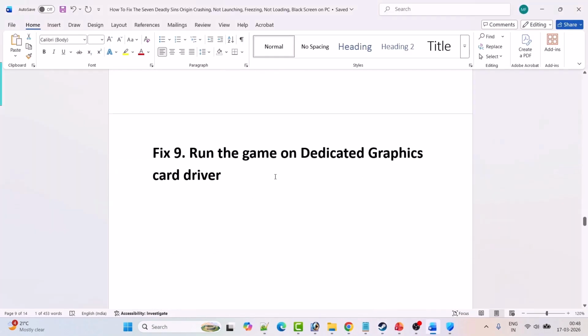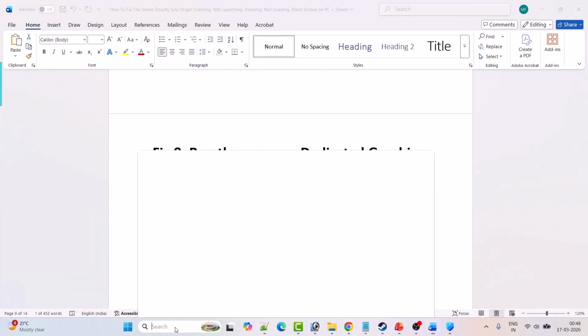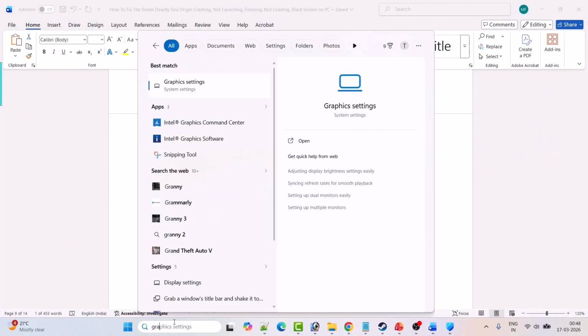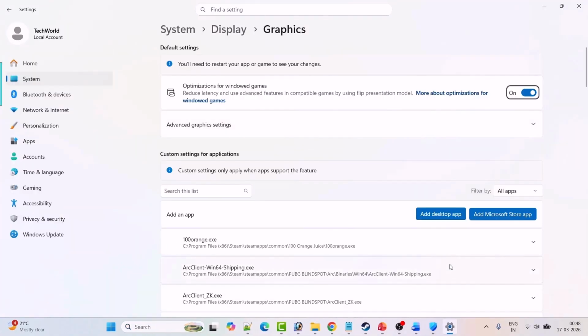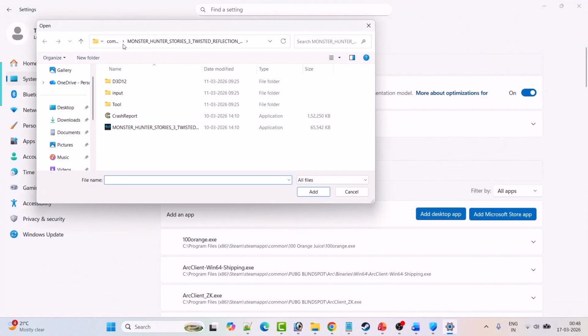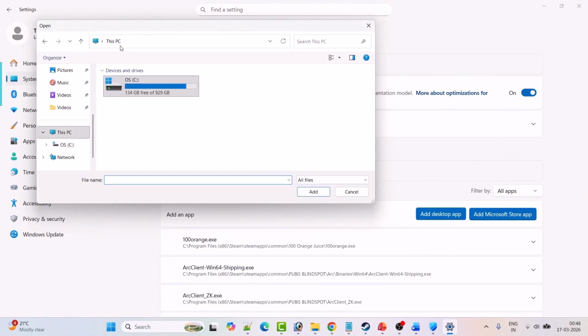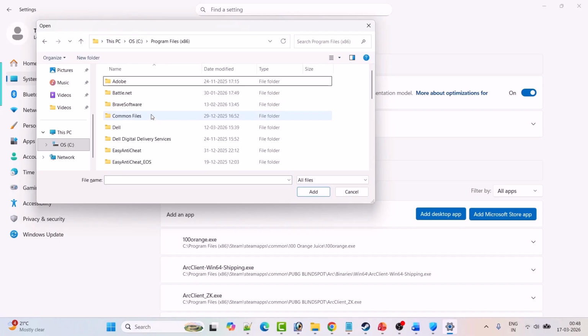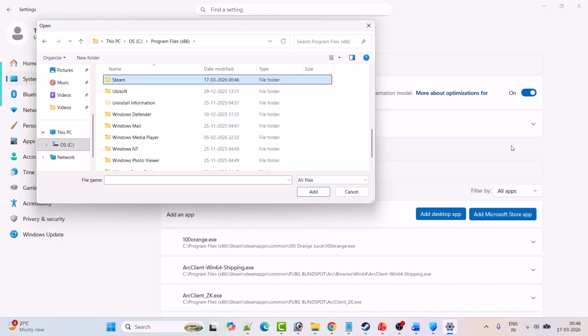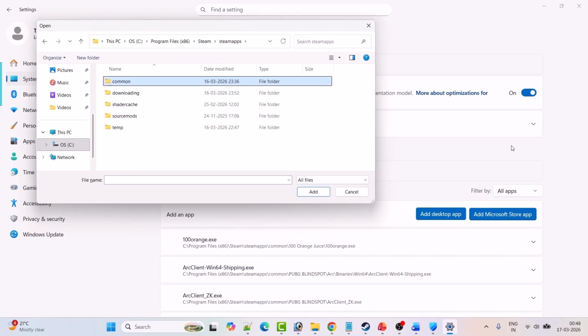Fix 9 is to run the game on dedicated graphic card driver. So in Windows search, type graphic settings and open it. Then click on add desktop app and then browse to the game installation folder. So open C drive, open Program Files x86 folder, open Steam folder, open steamapps folder, open common folder, open